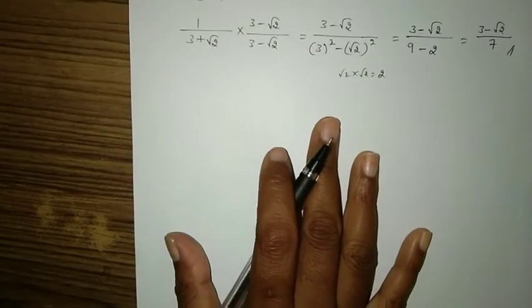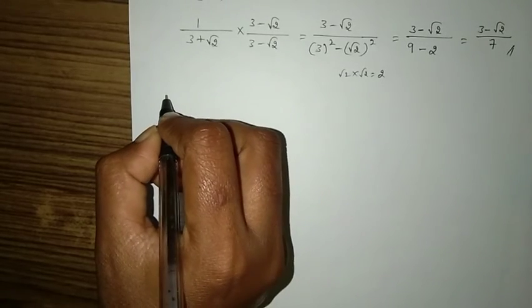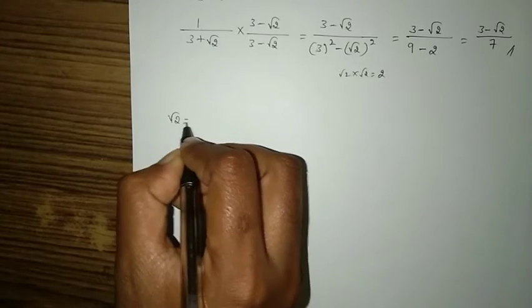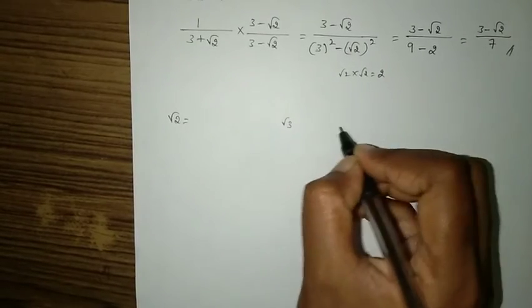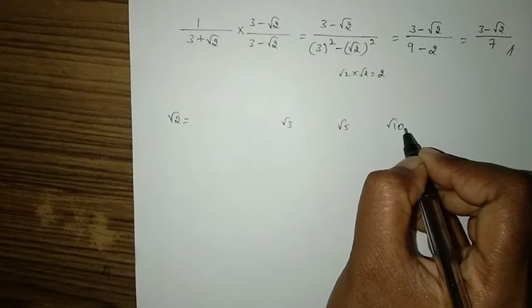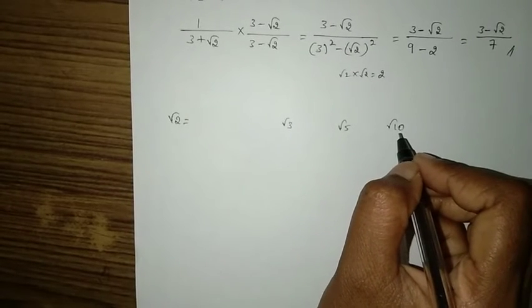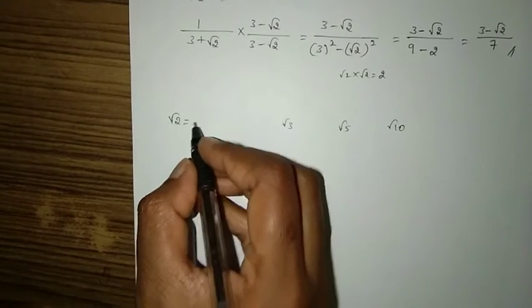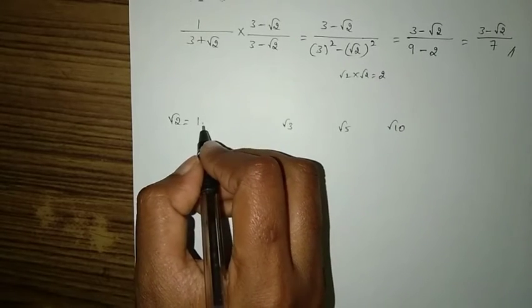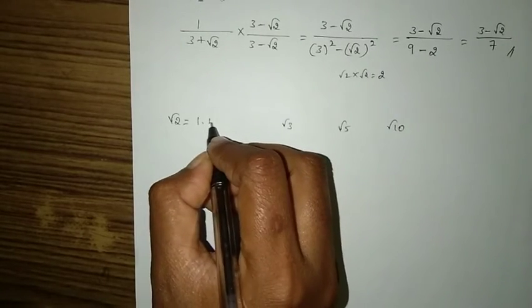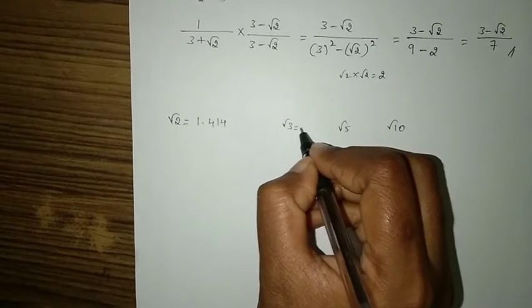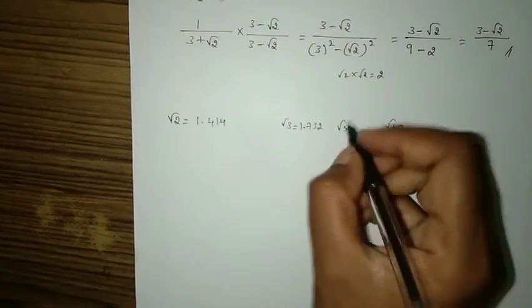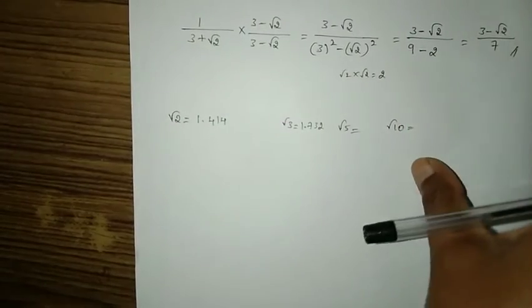This is another type. So we are solving another type of problems, where they will give the root 2 value, root 3 value and root 5, root 10 values. You have to find the answer for that question, right? So how can we do this type of problems? They may give root 2 is equal to 1.414. Root 3 is equal to 1.732. So likewise they will give for all of these. How can we do these problems?